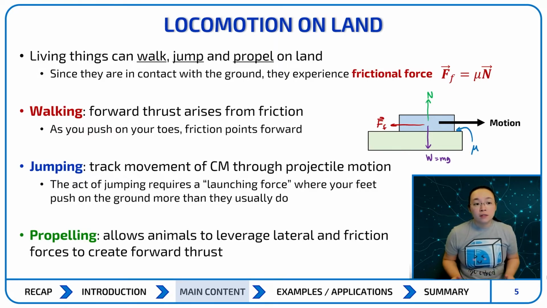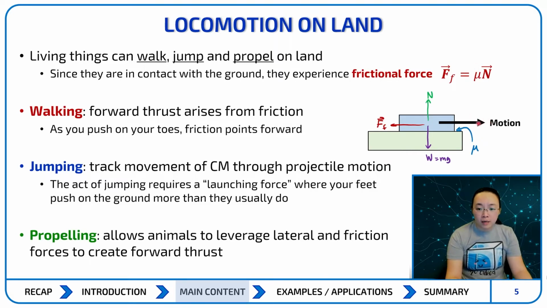So with each of these different types of locomotion, we're presented with different types of friction forces, because every time you're trying to move, there has to be something that's opposing your movement. So in terms of locomotion on land, we're just looking at frictional force. So that means if I take a look here,